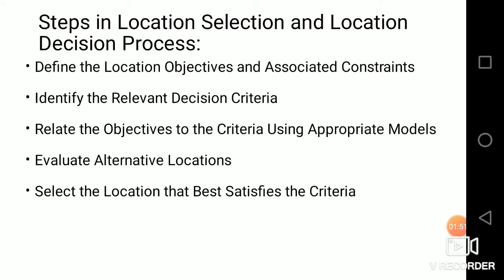If you have decided to choose your planned location in Chennai, we have n numbers of industrial areas to start up our plant. So you will be selecting whether I have to start in the Sriperumbudur location or on ECR road or OMR road. All those things you will be evaluating with respect to the location objectives and associated constraints. The final thing is selecting the location which satisfies all our criteria, that is, which matches the objectives and has fewer constraints associated with it.